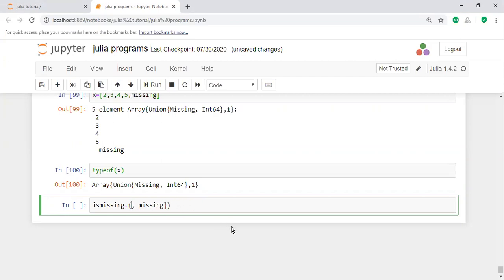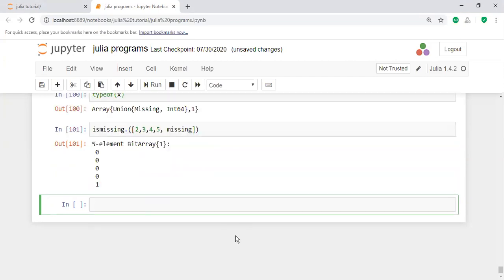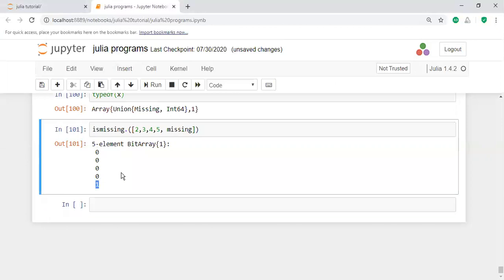For example, you have data 2, 3, 4, 5 and so on, and I want to know about ismissing. Here 0 indicates a value that is not missing, and 1 indicates yes, there is missing information in the fifth value.